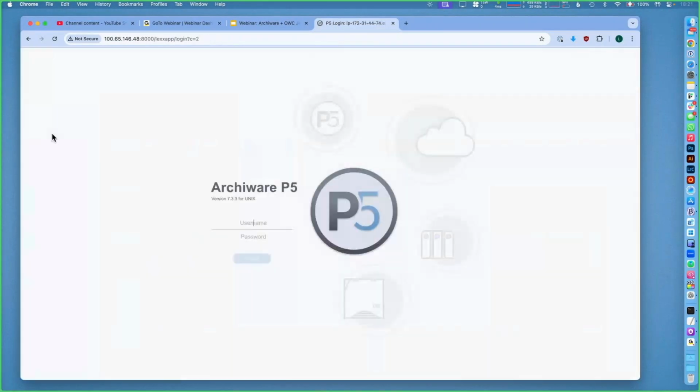So here's the screen that you saw. This is the one that you get to after you click the link that's included within the OWC Manager. Then it takes you to our login screen. But you can do this from any browser on any host that's got access to the Jellyfish where the P5 software is running. So I'm going to log in here with my